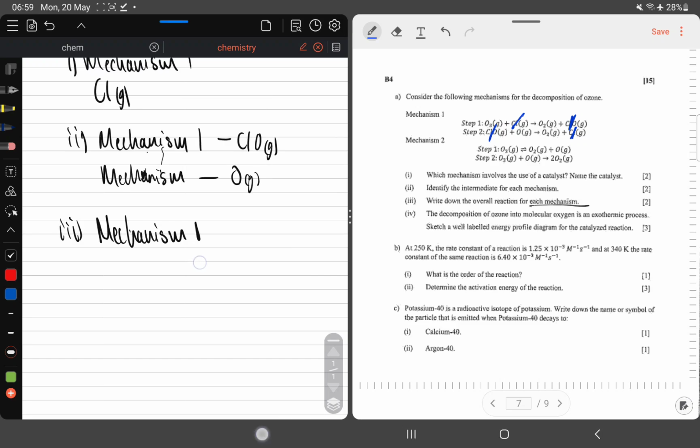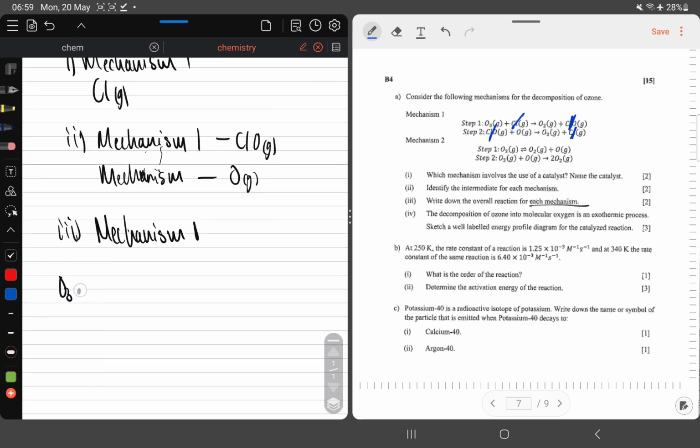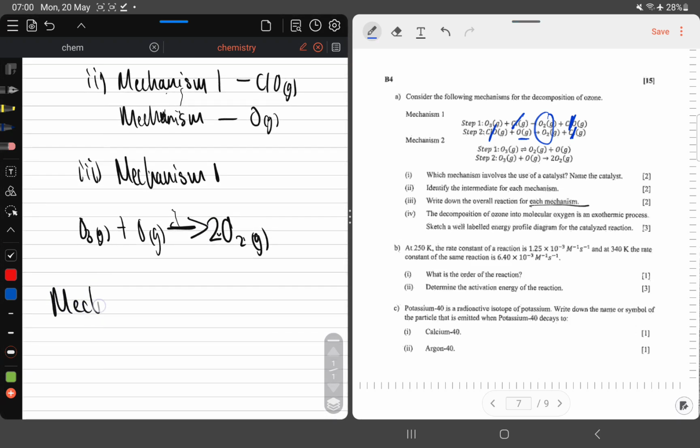So in here, what would we have? We would have O3 gas plus what else? O, this O gas, okay, plus O gas. And here, what happens is it makes O2 gas. So in here, what do we have on the other side? O2 gas. But there are 2 of them, so it'll be 2O2 because it's this one and that one. Right? And then for mechanism 2,